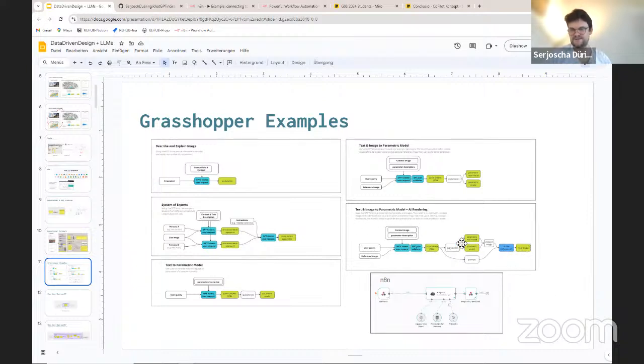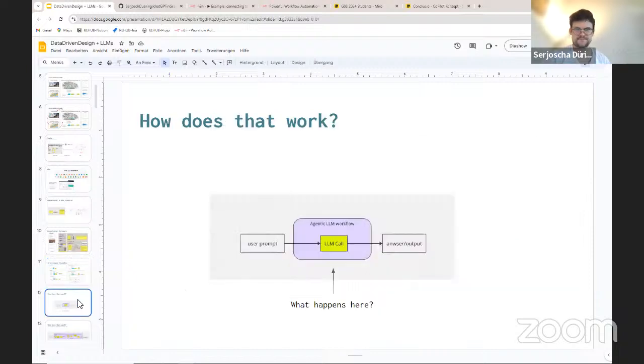So just to illustrate, you can build all of these workflows. They're implemented in Grasshopper, but you can also do them in N8N, which would clean your canvas and keep things a bit cleaner. It would be very reusable. So I'm going to show that in the end, how these workflows look. Now, how does it actually work?